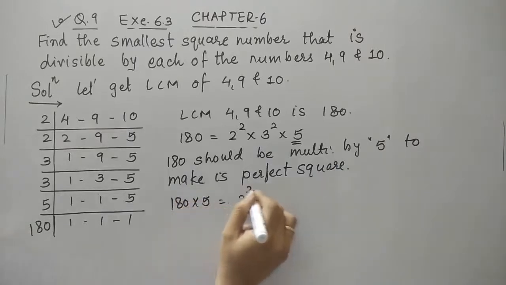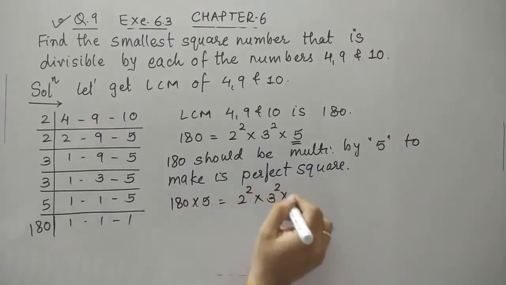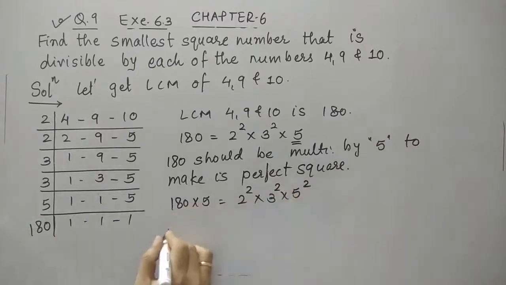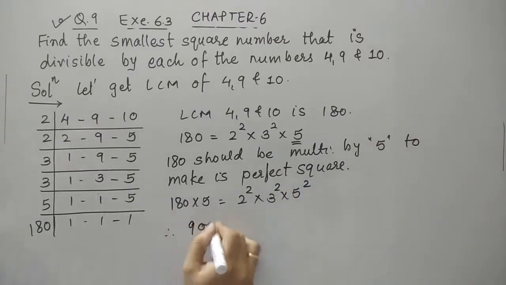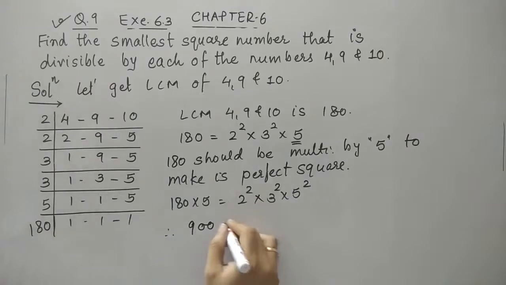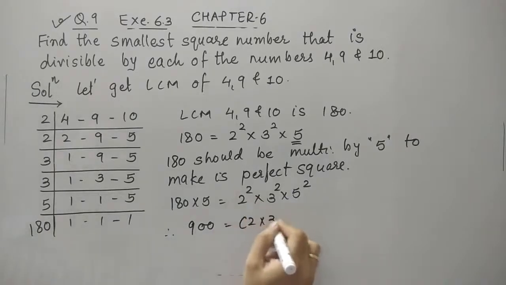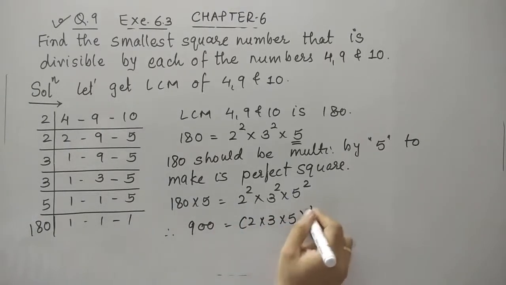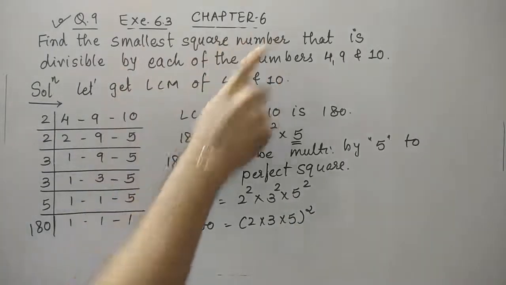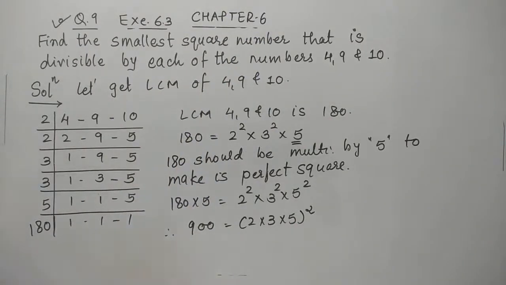So that is 2 square, 3 square and 5 square. So the product is 18 5s are 90. So that is 2 into 3 into 5 the whole square. Remember students, we don't have to find the square root. So we are not going to find out the square root of this. Which is the smallest square number? So the answer is 900. Therefore the required number is